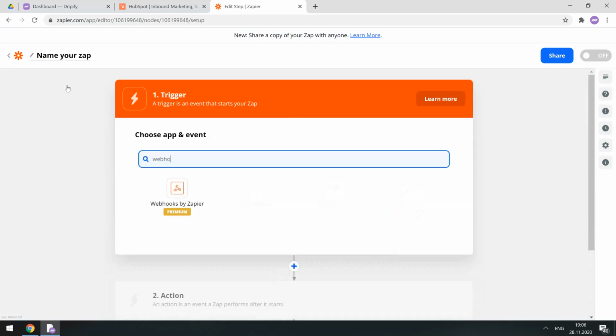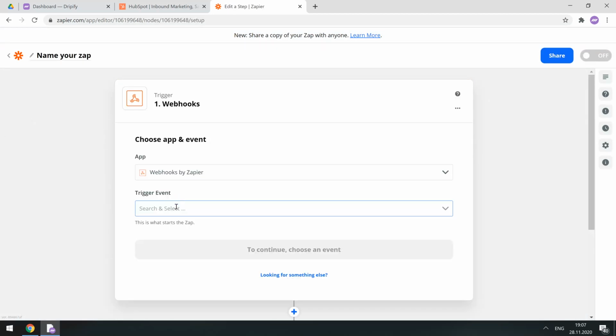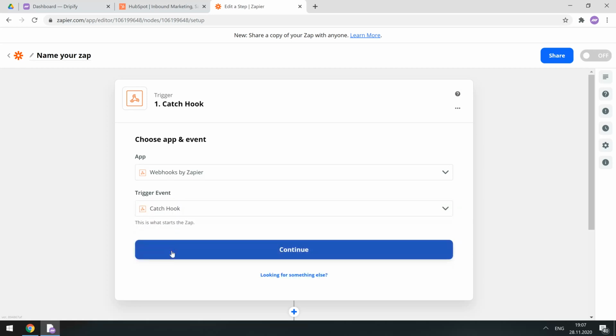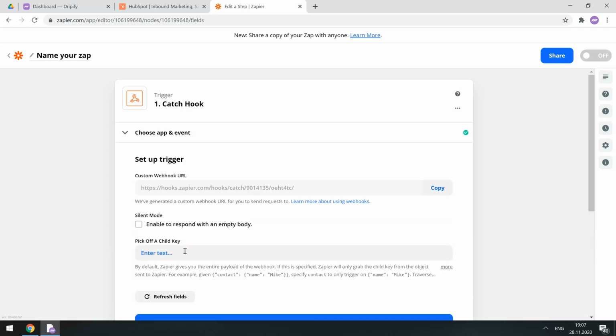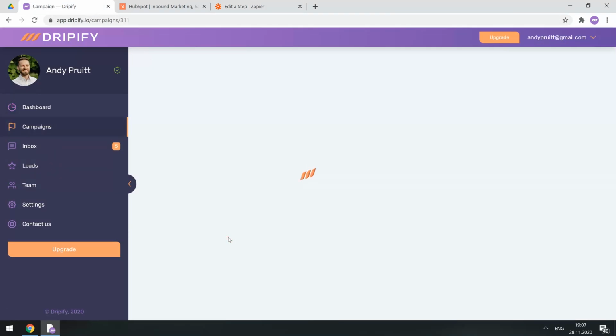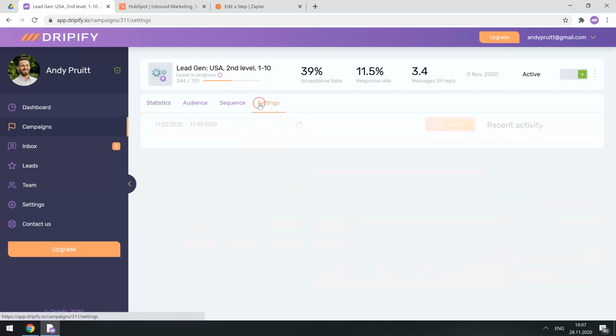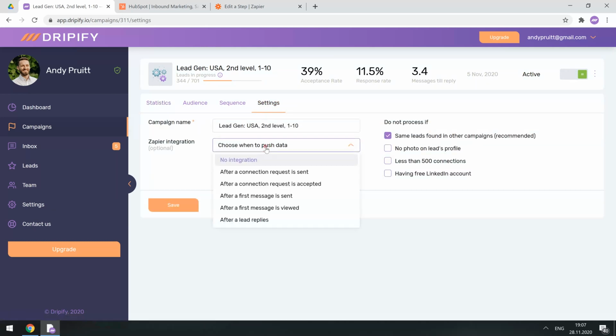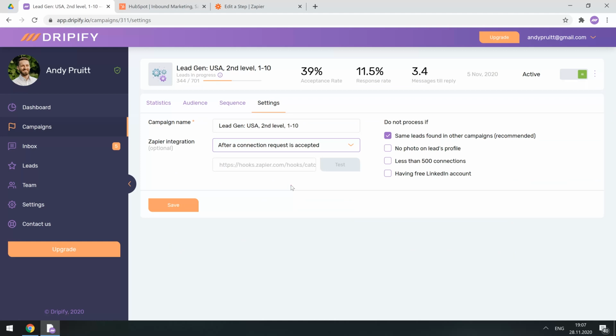Search for Webhooks by Zapier. Next, always select Catch a Hook. Copy this URL, go to Dripify, select the same trigger event, and paste the webhook into our campaign. Press Test so Dripify can send the test data to Zapier. Great! Now save it, go back to Zapier,